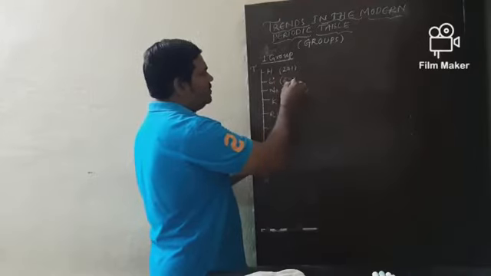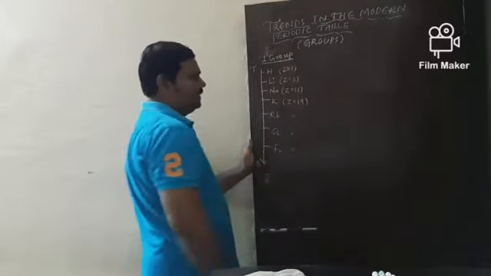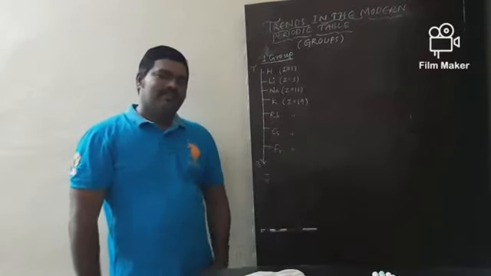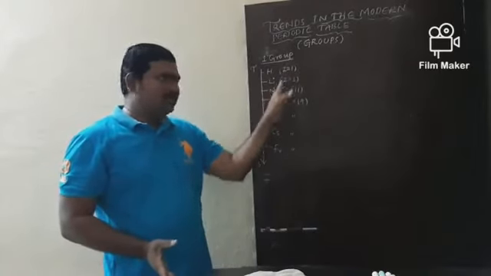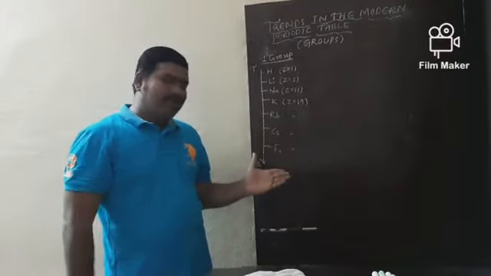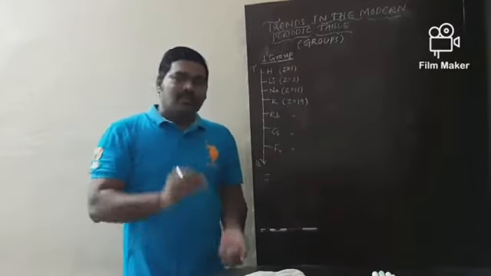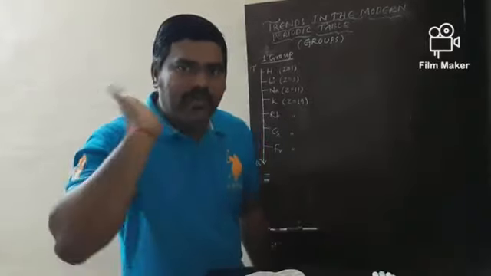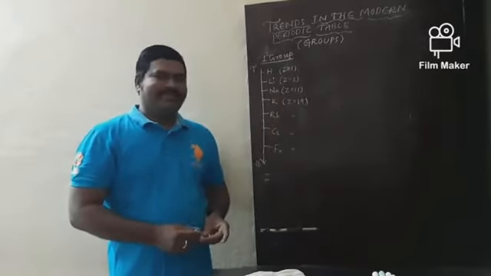Z is equal to 3. Z is equal to 11. Z is equal to 19. And the rest are not actually required. Why am I not writing atomic numbers for the last 3 elements? Because in a group, if you learn about the first 4 elements, we are in a position to learn about the properties of even heavier elements also, because elements belonging to the same group possess similar chemical properties. That's why I only wrote the first 4 elements.